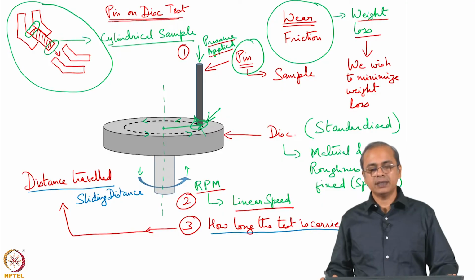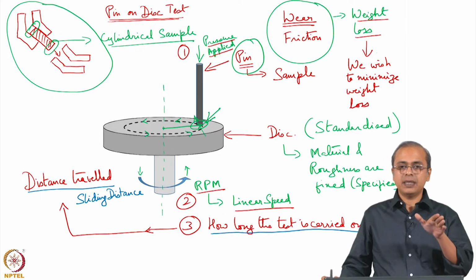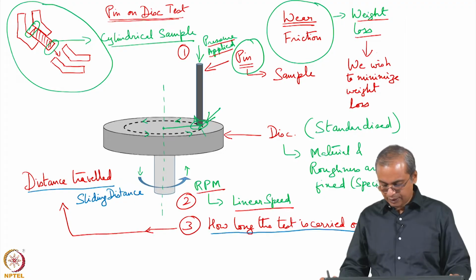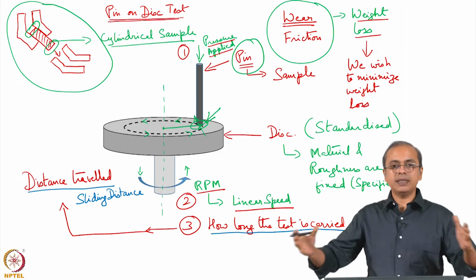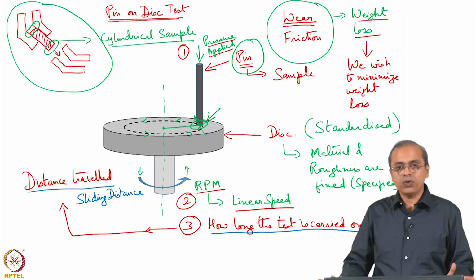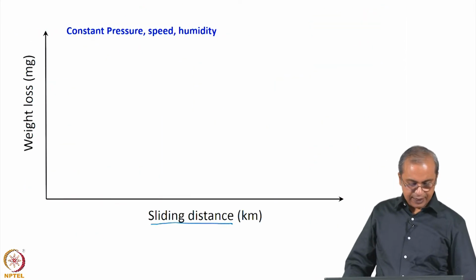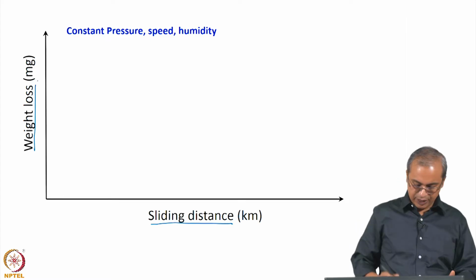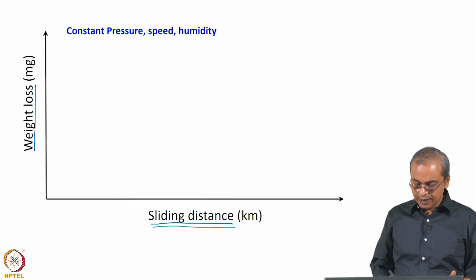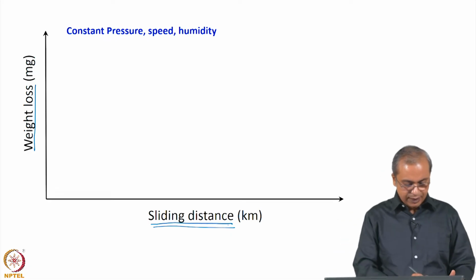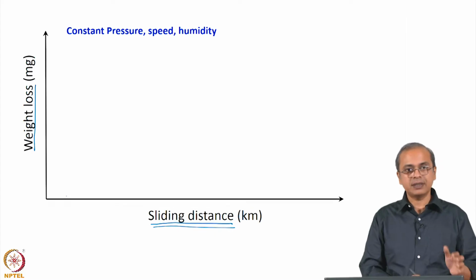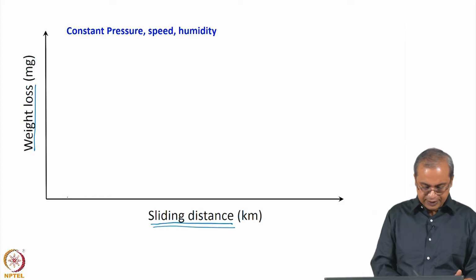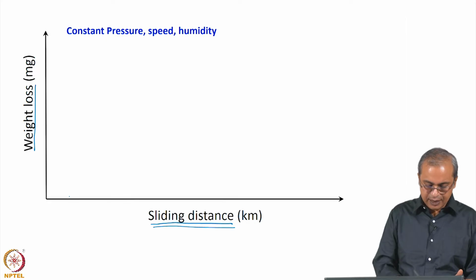So, we control how long the test is being carried out, and under those conditions you are basically controlling the distance travelled, and then we want to look for weight loss. So, what is typically done is that you have weight loss here and you have sliding distance on your x axis. The test runs for, let us say, 10 minutes, and it has travelled some distance. Let us say it is travelling in meters, say this is 100 meters, this is 200,